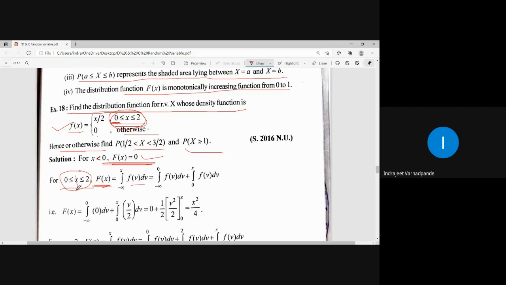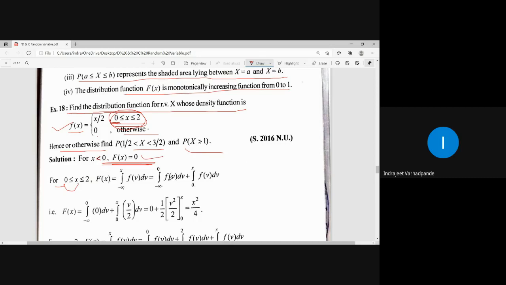Right now I only have to go till x. Going till x means the first value goes up to 0. That is, I will be moving from minus infinity to 0 and 0 to x. I have to go with the value till x. So it is written in this way. Here the answer will be 1 in the last step, not in the previous steps. So always mind, here I have to write down the interval from minus infinity till x. So minus infinity to 0 and then 0 to x. I have to stop only here.